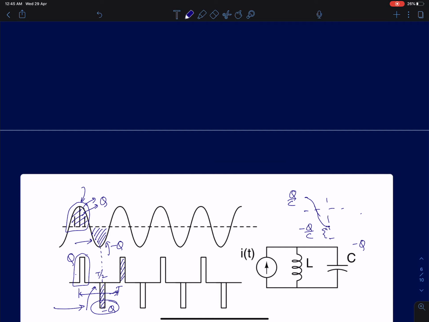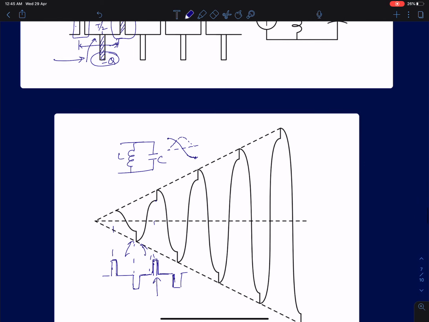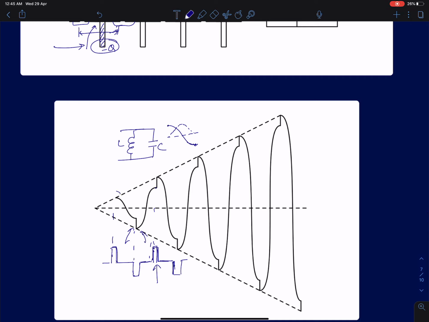So you will see a sudden jump in the voltage at the end of the first half of the cycle. Then you will see a similar oscillation for one more half, and at the end of the first cycle, you are again going to dump a positive charge. So that's what I've shown here. You begin here, delivering the first packet of charge. At this point, you're delivering a negative packet, so it actually assists, increasing the energy further. The amplitude is increasing, and at this point again you are injecting a positive charge, and a negative charge at this point, so again the amplitude is going to grow linearly.